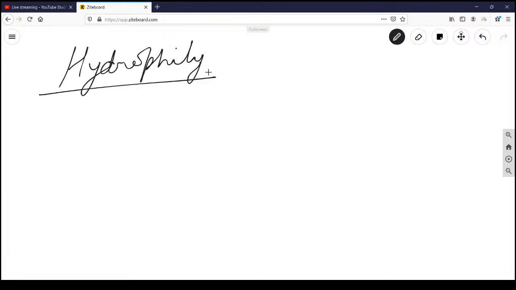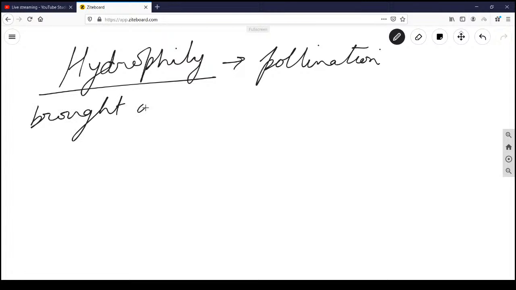Hydro means water. In plants, especially submerged plants, is termed as hydrophily. Submerged plants. So pollination brought about through the